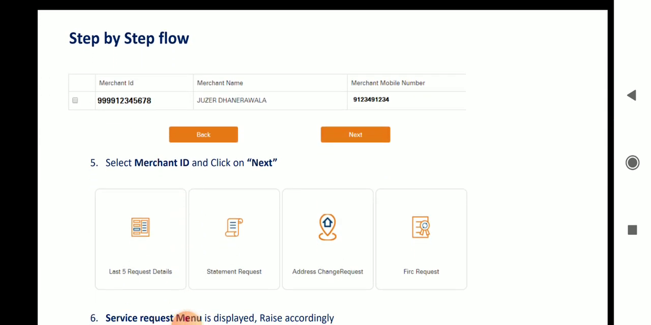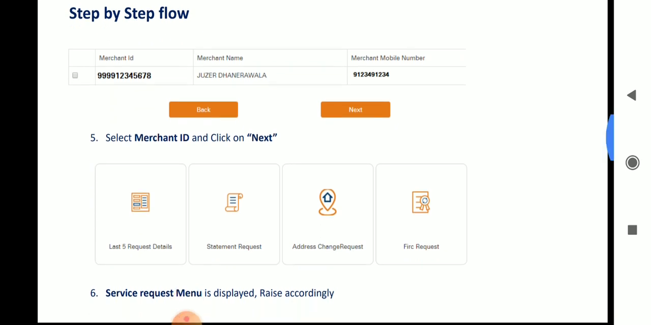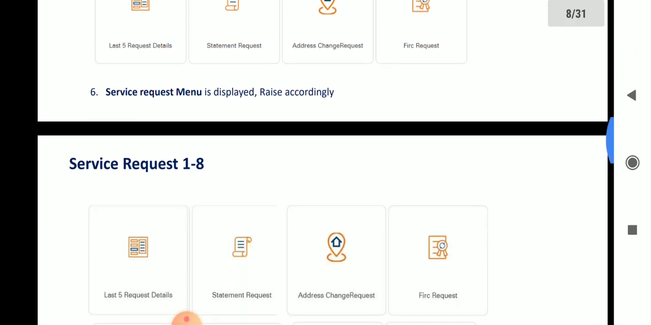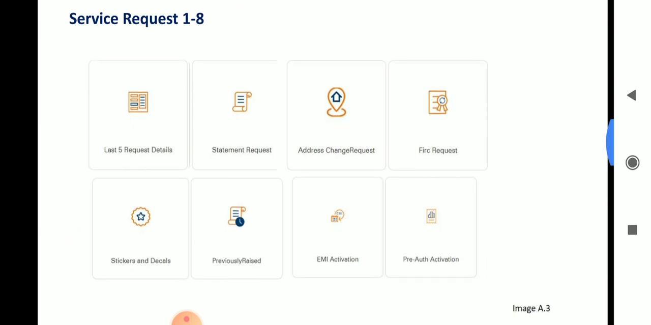Once you click on Fetch Details, the details of the merchant will be displayed on the screen. Select the MID, click on Next. Once you click on Next, you can see the service request menu. So let's see one by one all the service requests that you can see on the screen, such as last